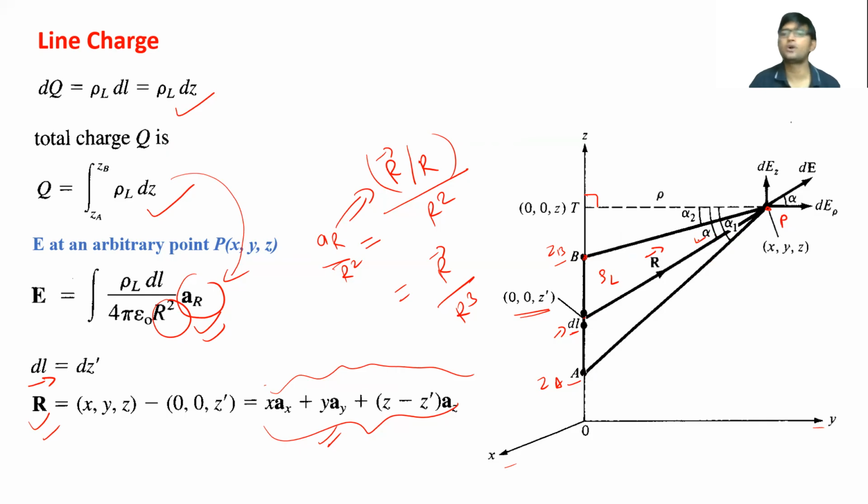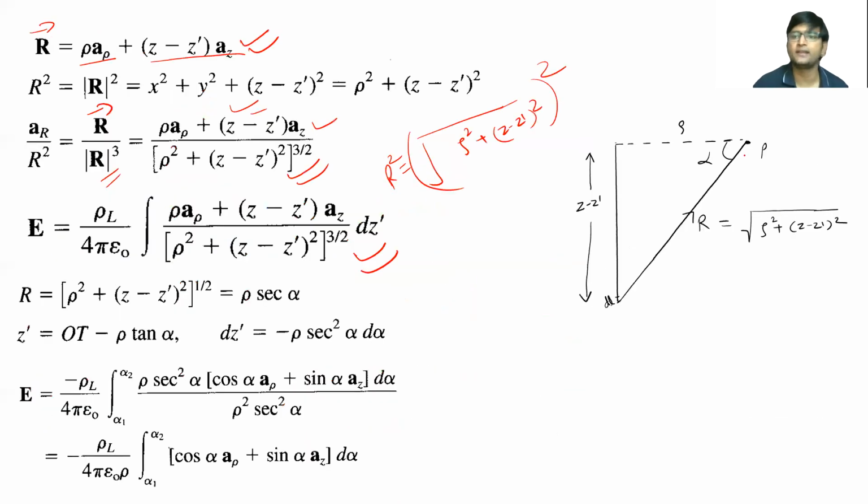So first of all we will talk about the alpha angle. So only this section, let me clear it out, from this point T to this point dL and this point P. If you connect these 3 points, you will get a triangle like this. So this was our T point, this is our small dL point, and this is our P point, right?